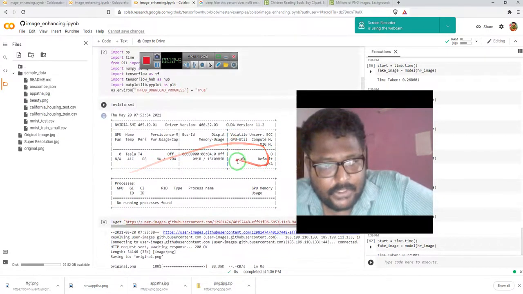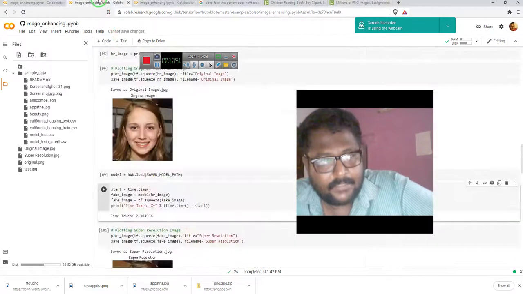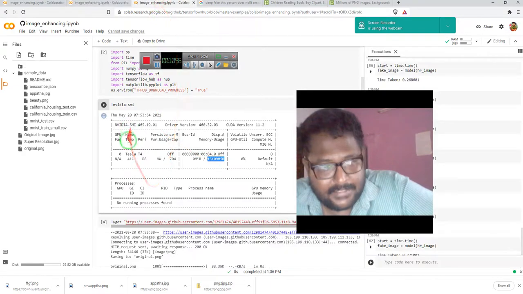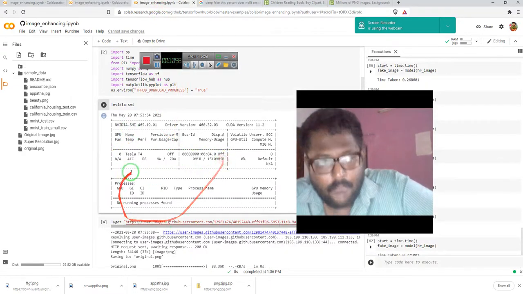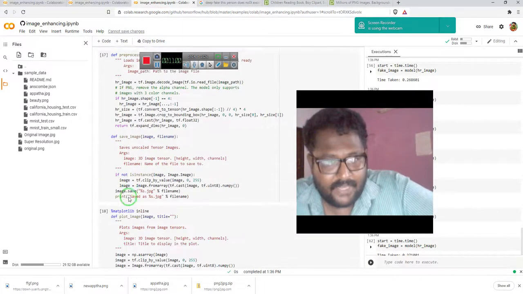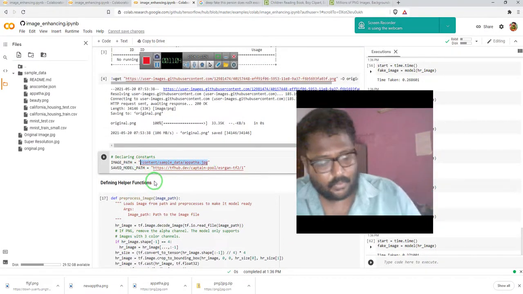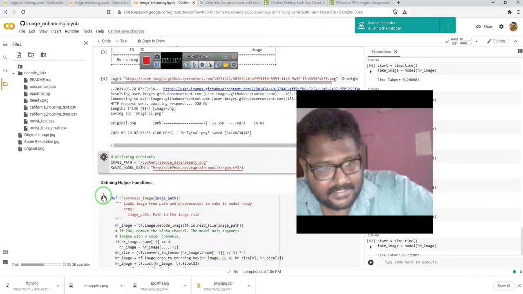friends. As it is shown over here, this is 15 GB, but we have tested it on Tesla K80 which showed 11 GB. So we are going to test it on Tesla T4. As you can see, this is Tesla T4 with 15 GB, but the CUDA cores are very, very limited. So we are going to test this code. Okay, it will take only 15 minutes to test this code.